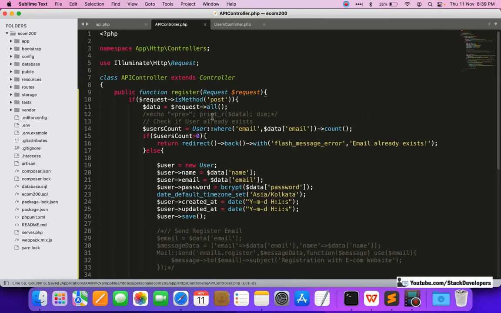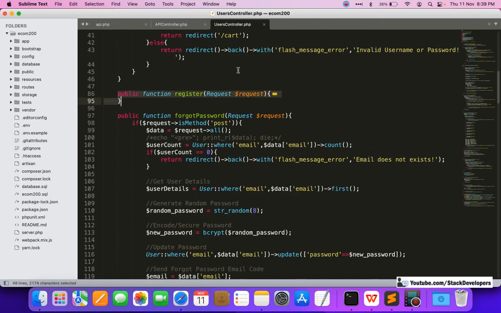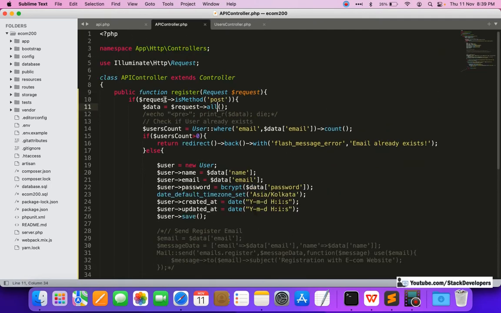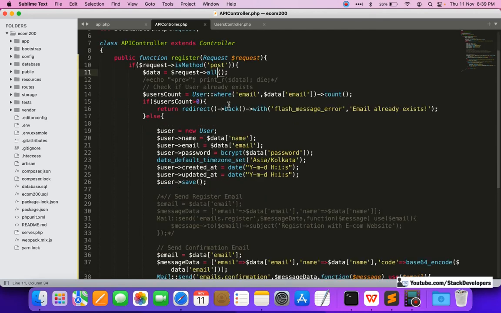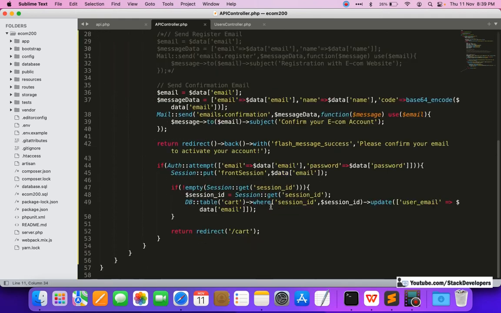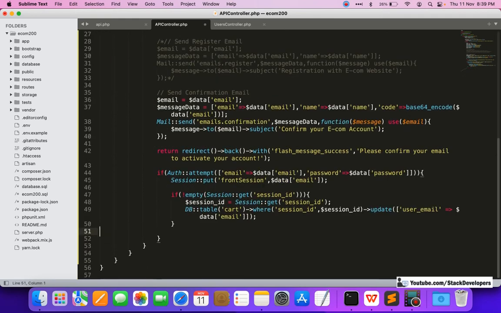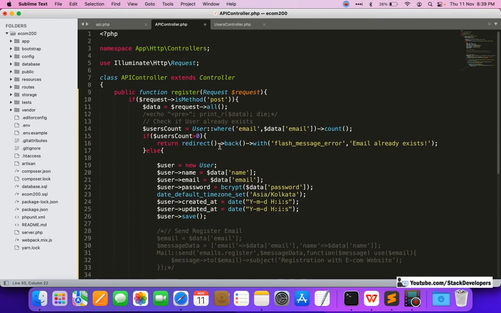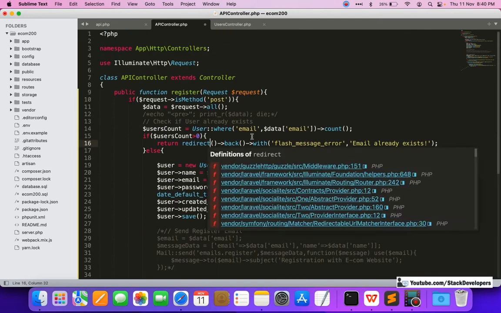The only difference is that one is posting to another website, and the other is posting to its own website. Here we will also get the data in post, and it will work in the same way. We are going to post this data, but here return redirect is not required at all. Redirects will not work here.